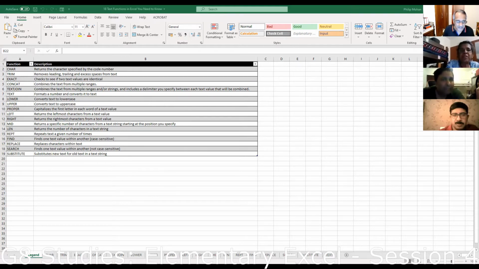Okay. He's got, if you look at the bottom, y'all can see the sheet, right? Yes. Yeah, so he's got the various functions that he's describing as different tabs on the bottom. Okay, one of the first ones we looked at was trim.